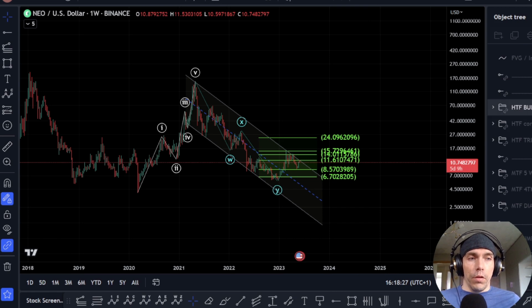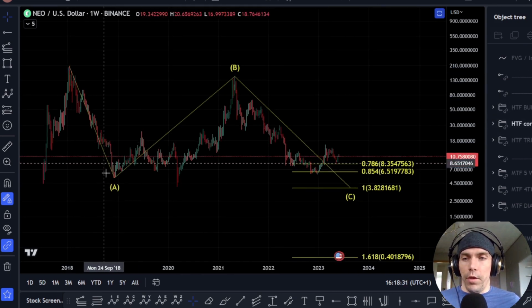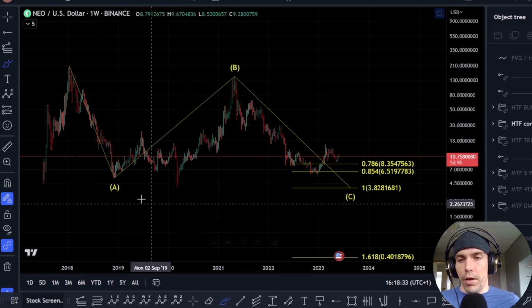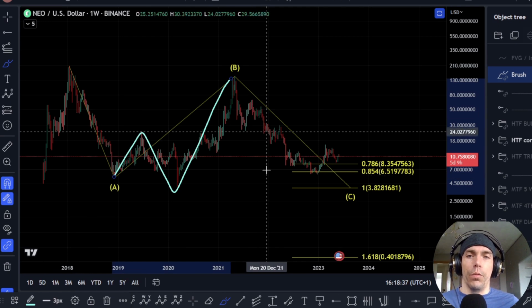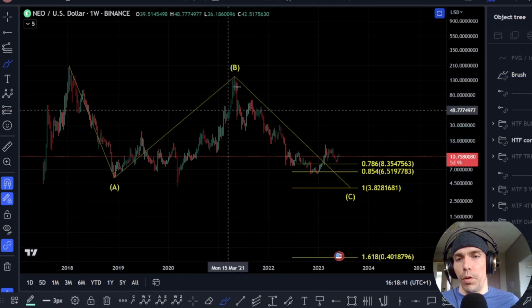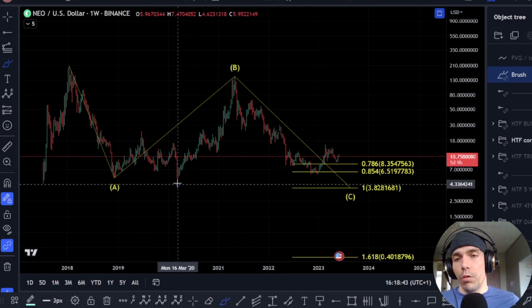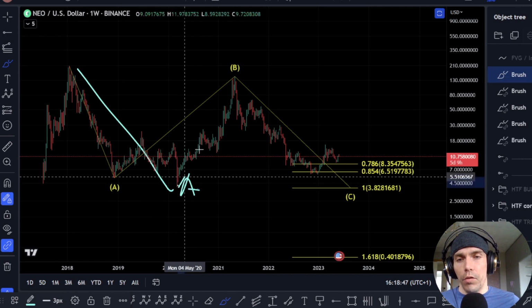The other way we can look at this move is that potentially this move is still moving down in a correction, where actually this has been a flat correction here as an A, B, and then looking at this as a diagonal for the C wave. Now, the problem I have with this is this would have been a very big C wave here if it's the case. We could also argue that this A wave could actually be here, and this could be A, B,